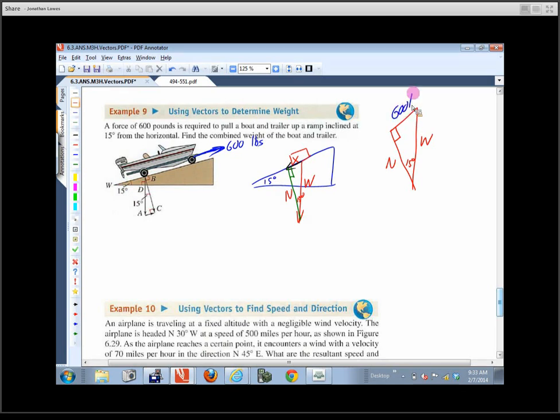So if that is 600 pounds, what are they asking for here? They're asking for the weight. They're asking for the combined weight of the trailer and the boat. Okay? Now,